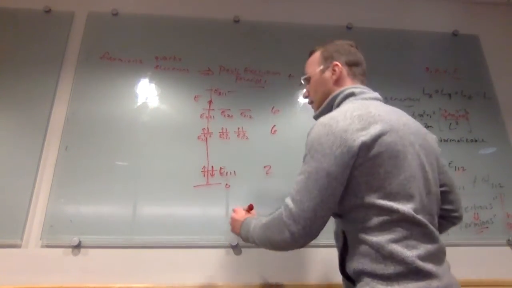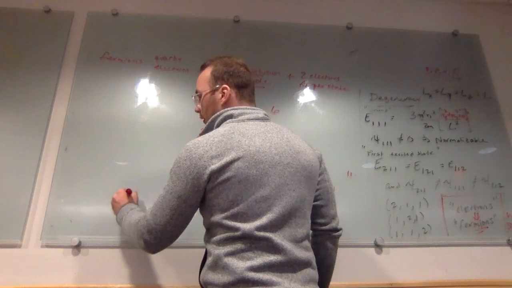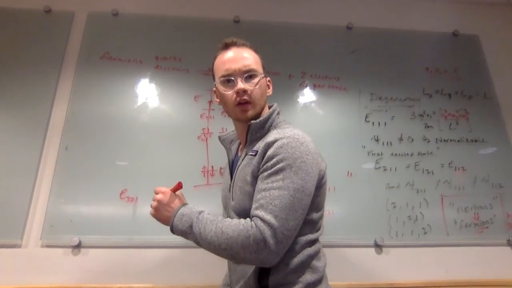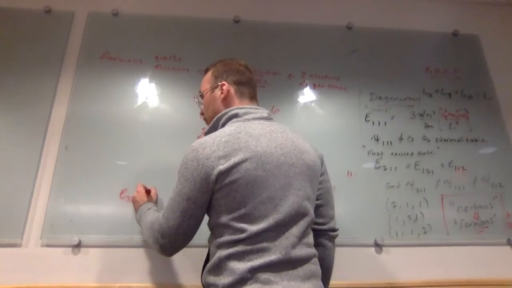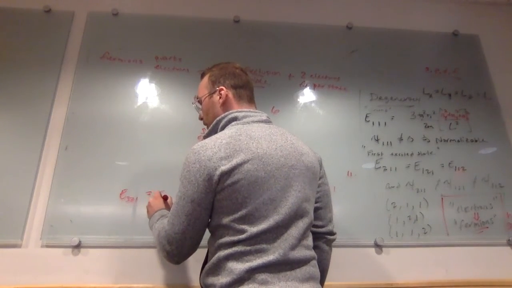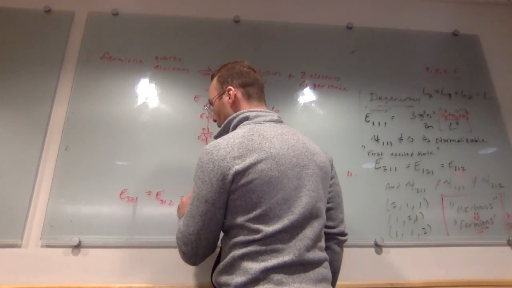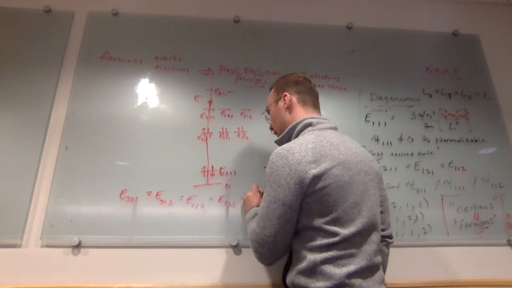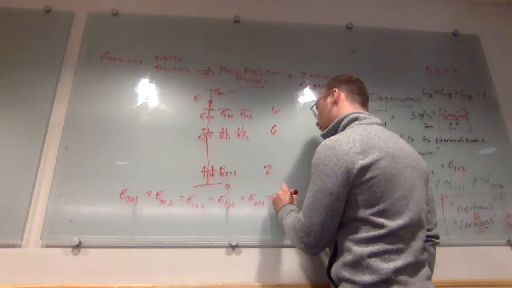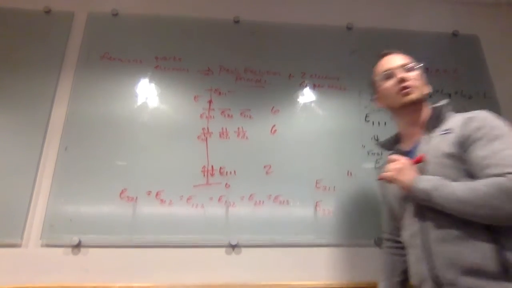321. So in E321, well, oh yeah, this is a good one. So E321 is equal to E312, which is equal to E123, which is equal to E132, which is equal to E231, which is equal to